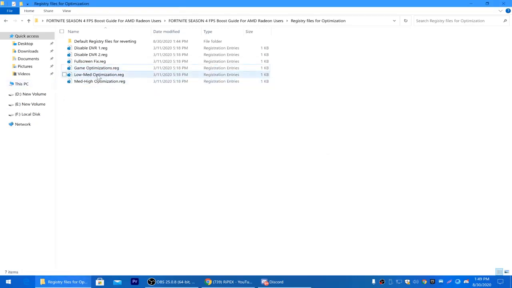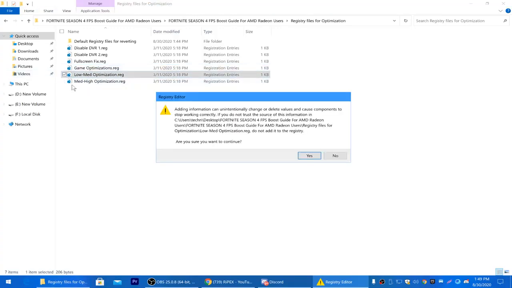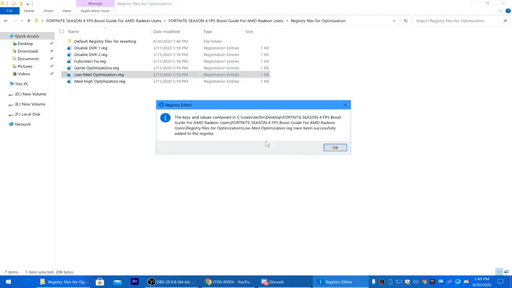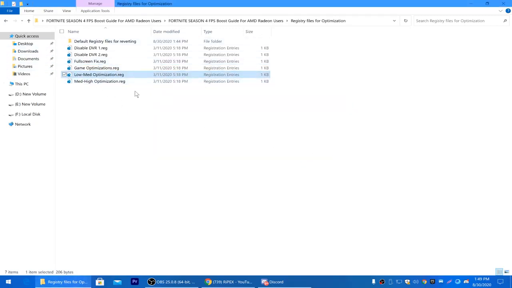Next, guys, here are the last two optimization files. This is the low mid optimization and here is the mid high optimization. So it is for two types of PC, if you have a high end PC or a low end PC, but I suggest you go with the low mid optimization for getting the best FPS performance in Fortnite Season 4. So also open the low mid optimization and click yes, click OK, and now our settings for all